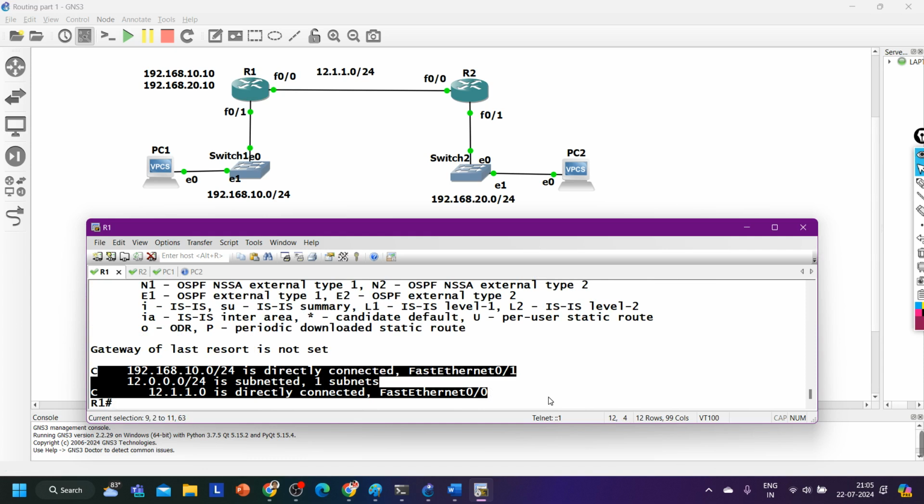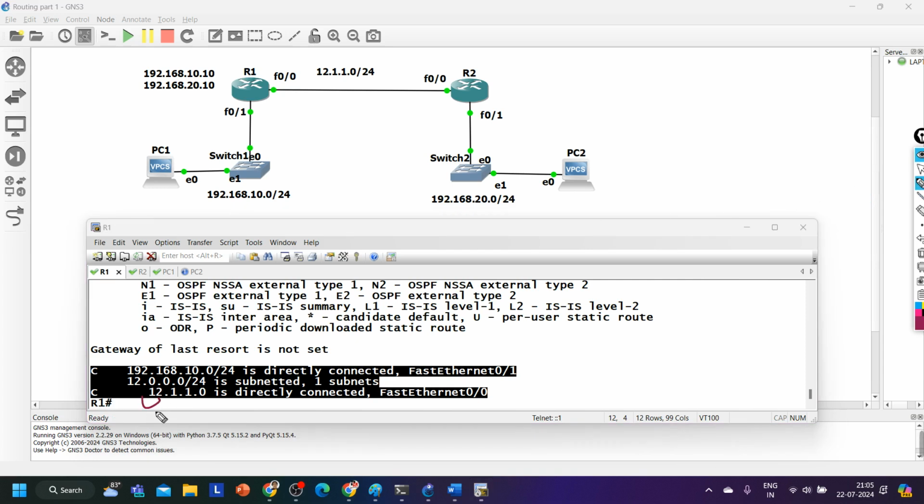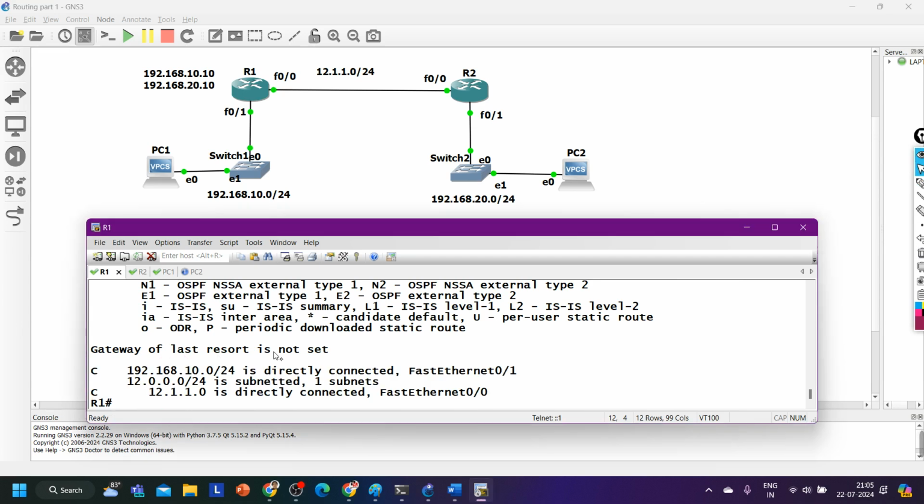There are two routes in the routing table, right? Two prefixes are there. Prefixes means network. Is destination matching, guys, in any network? No. In this entry, even the first octet value is not matching. In this entry, the first octet value is matching, the second octet value is also matching, but the third octet value is not matching, right? So what I need to do, I need to add one route here in the routing table of